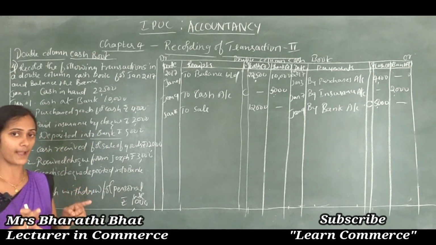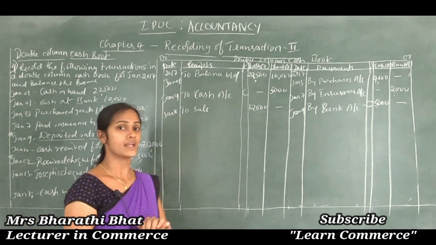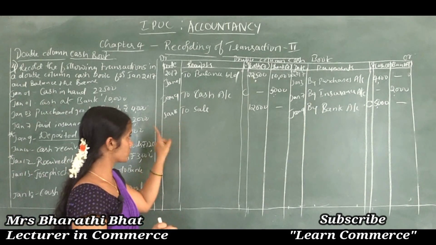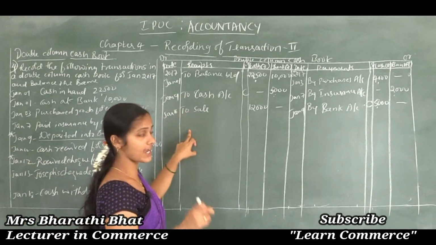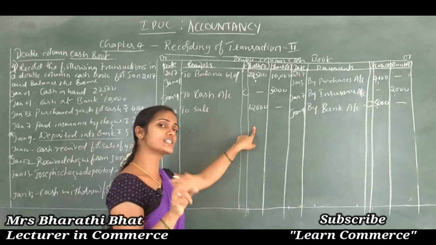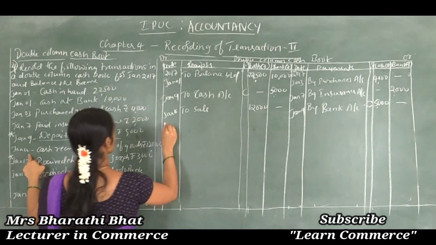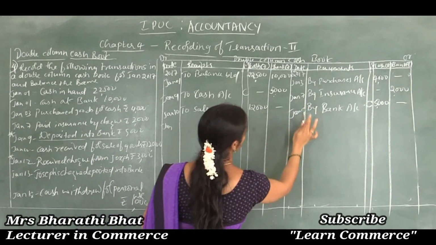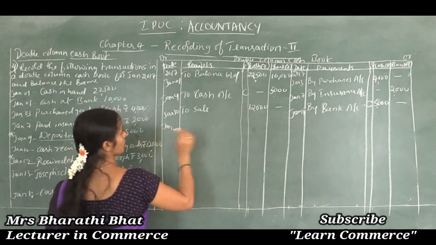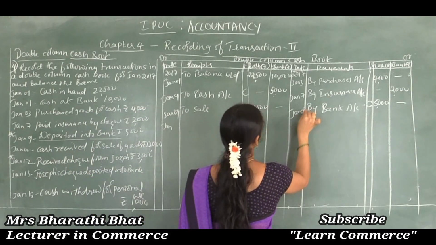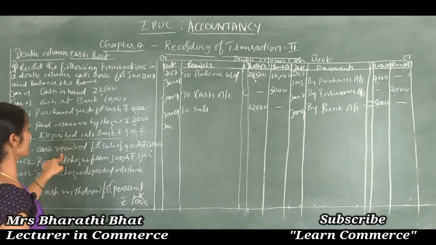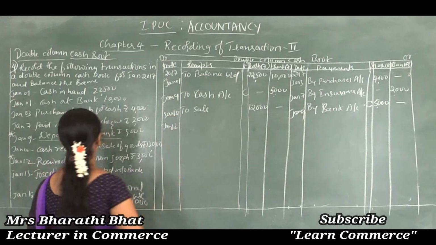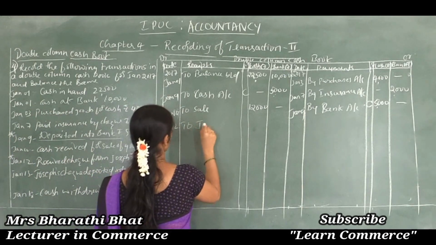Instead of recording the amount in bank column, we must record that amount in cash column by writing the name of the person, or else we can mention check in hand, amount, date, in receipt side, check in hand, amount in cash column, or else we can mention the person's name, as I'll write here, Jan 10, okay, Jan 10, and next one, oh yeah, Jan 9 contra entry, and cash received on 10, and Jan 12 received check. So received check means what? To Joseph's account.